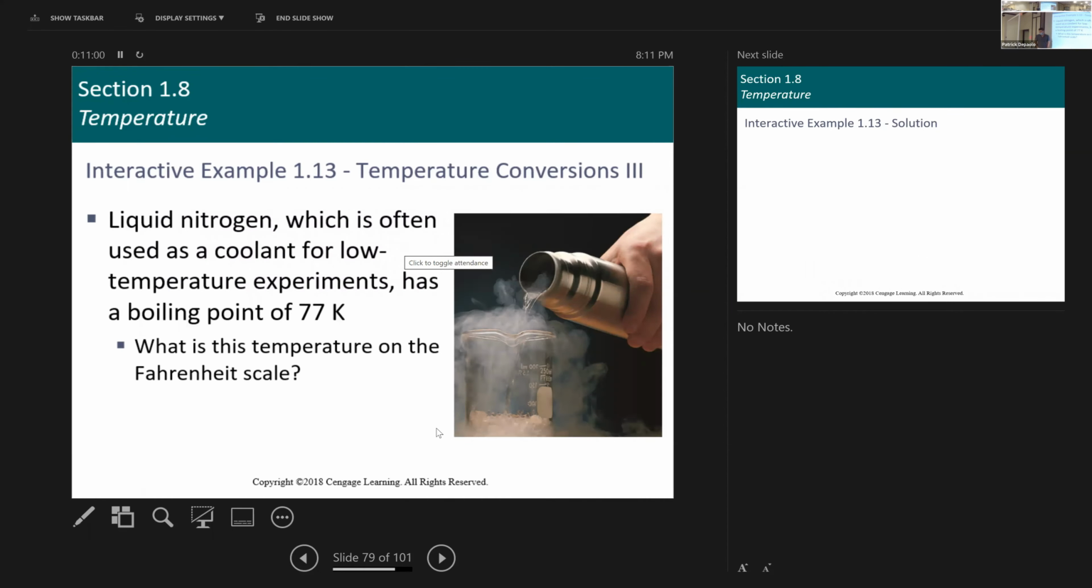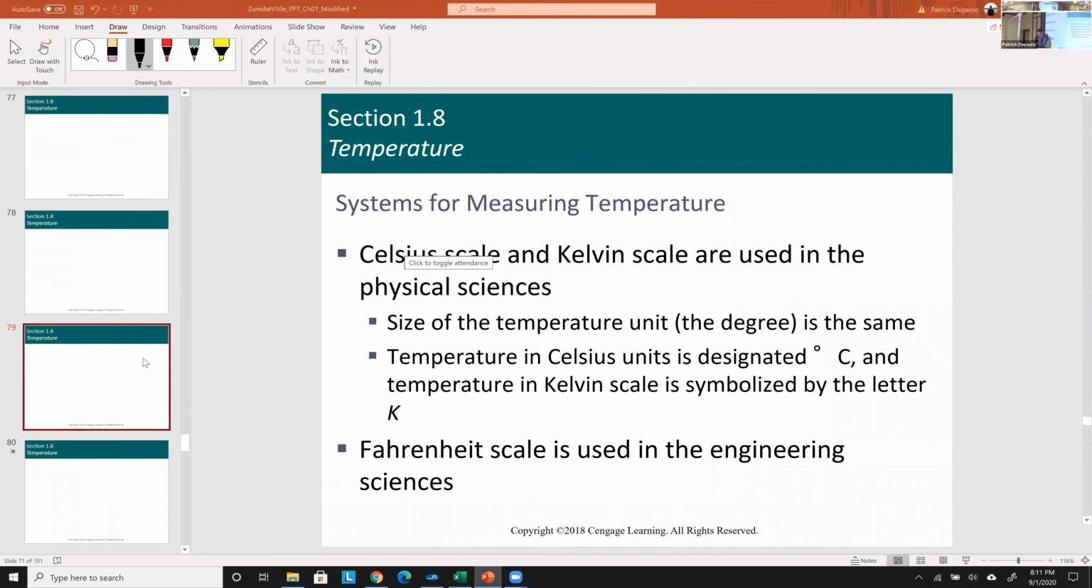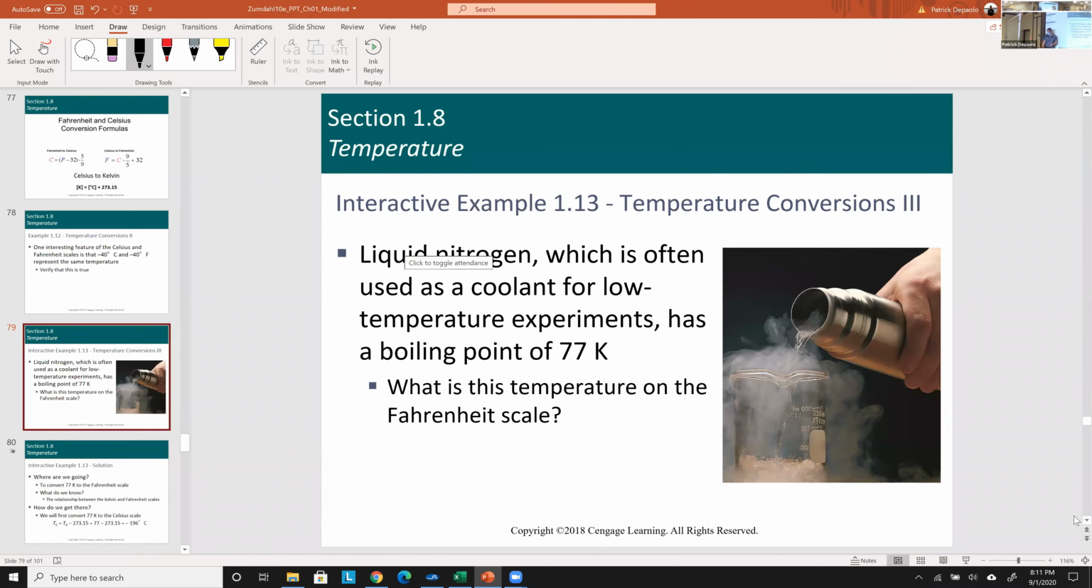Okay, so let's do a question. You have a boiling point of liquid nitrogen at 77 degrees Kelvin. What is the temperature in Fahrenheit? All right, so back to unit conversion. Let's write our conversion factors. What we know is that